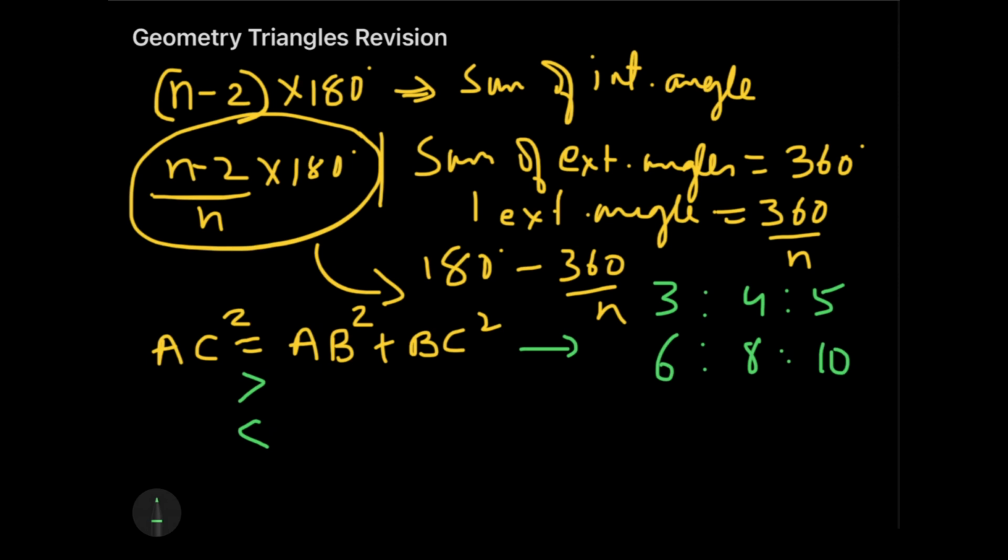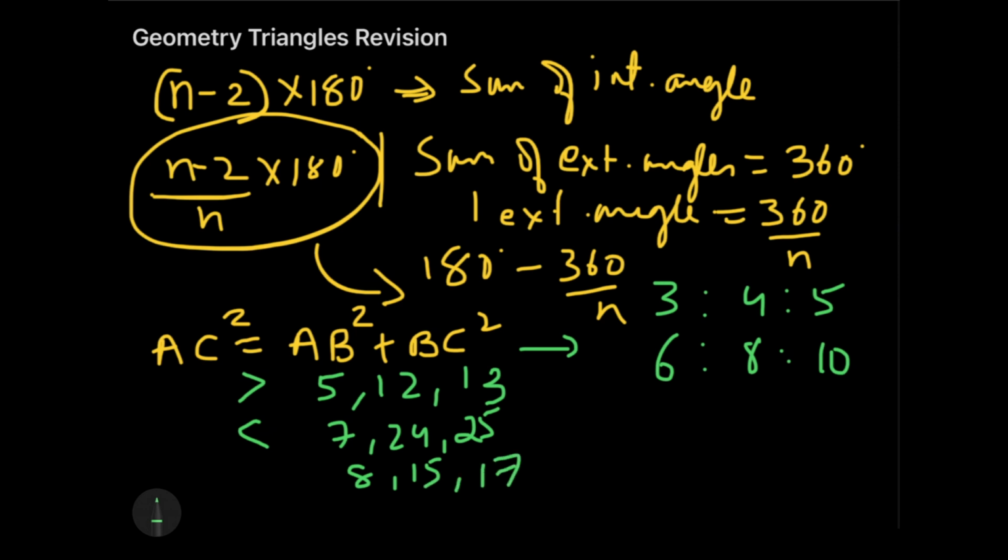So the common triplets we know are 3, 4, 5, 5, 12 and 13. Then we have 7, 24 and 25. And then we have 8, 15 and 17, I guess. Yes, 17. All right. So these are the common triplets you need to keep in your mind so that question देखते ही ना आप समझ जाओगे कि either you are going to solve on a right angle triangle or you are going to solve on something else, because that will eventually help you with a number of other tricks as well. Okay, so keep that in mind before you are actually going through the topics.